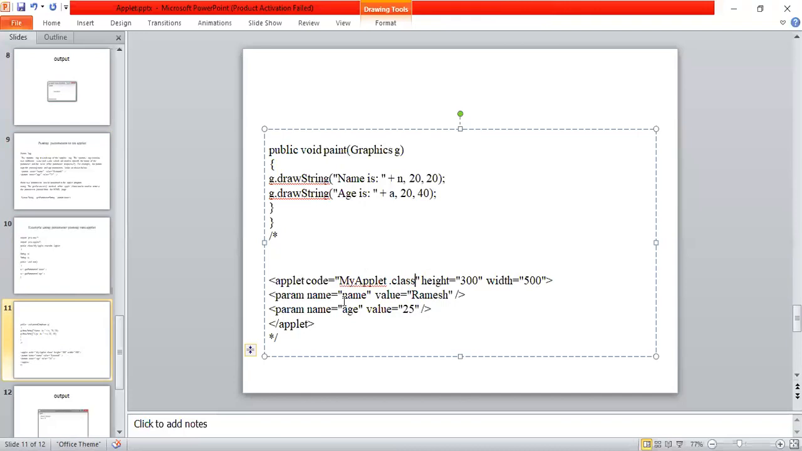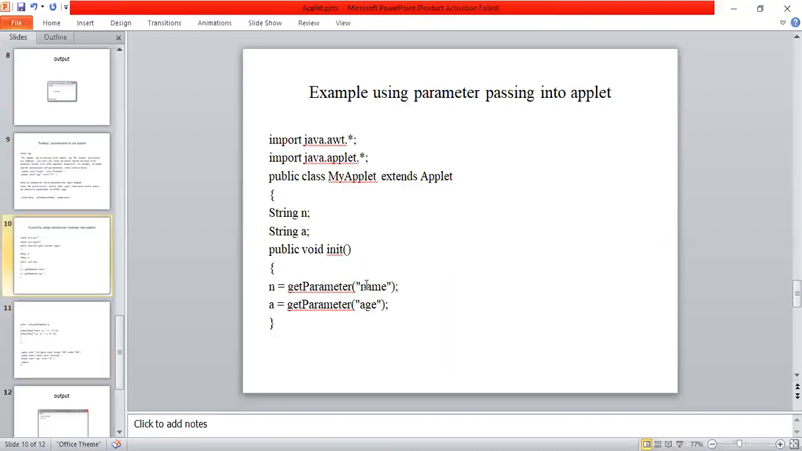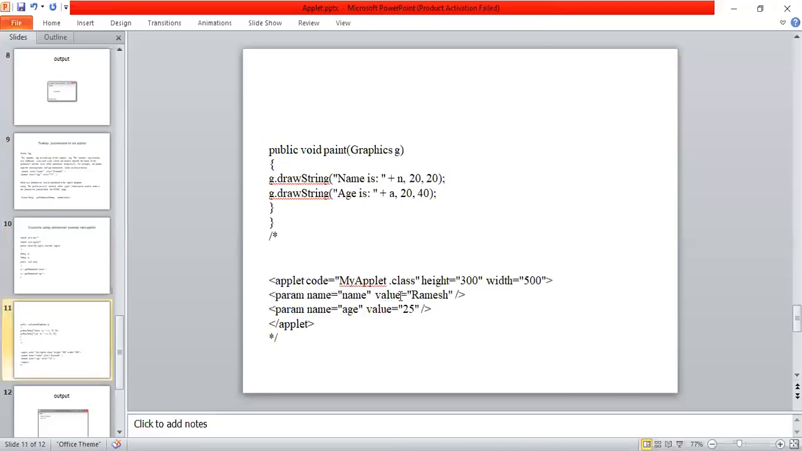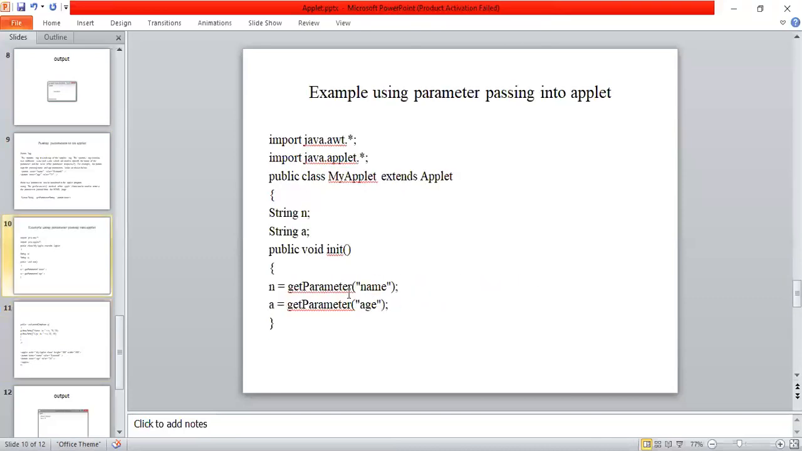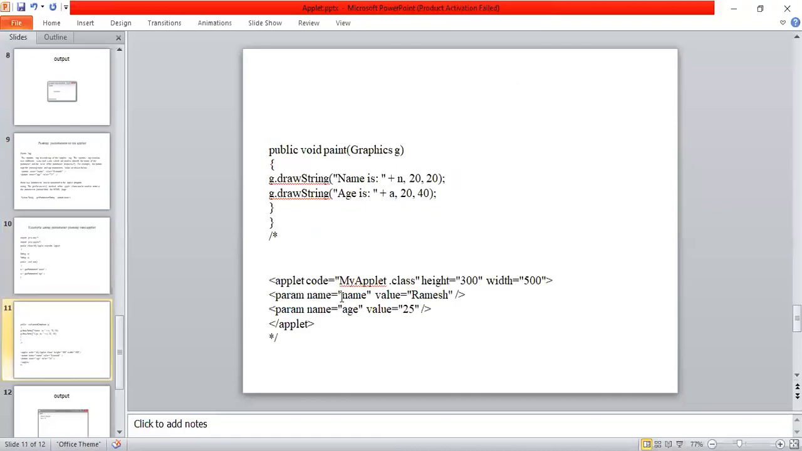Then param name is equal to name, its value is Ramesh. So this name I'm passing into my applet as it is. So this name is getting the value Ramesh. That Ramesh is copied to n. And the next